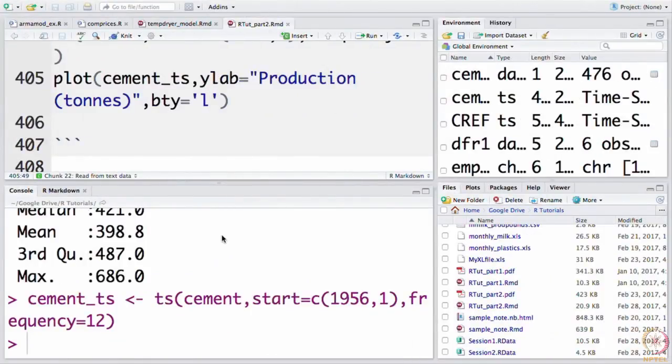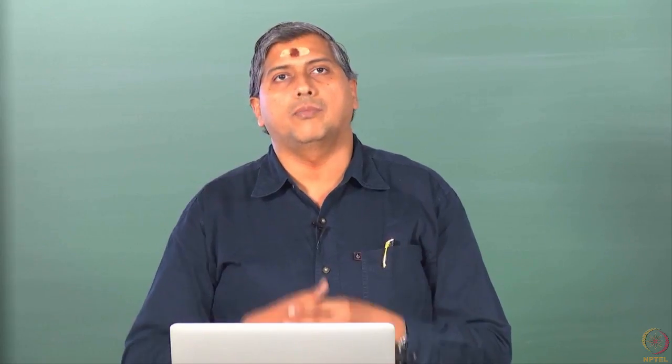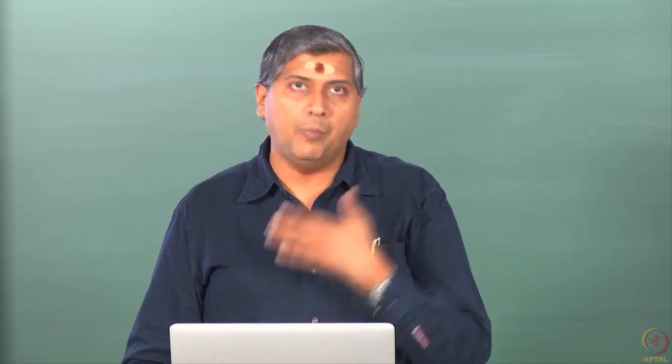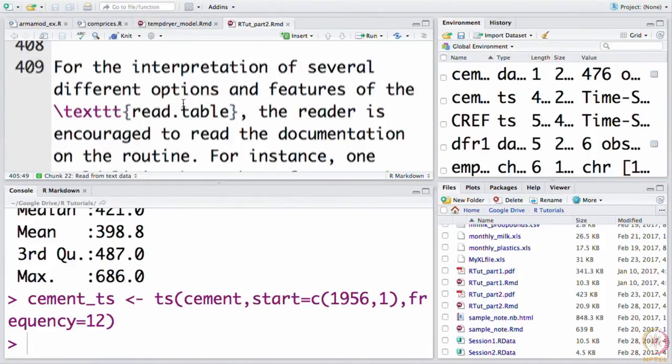That is it. So, reading from a CSV file is very easy, and as I said earlier, please do look at the different options that are available in read.table, because a lot of these options should be known a priori, or maybe they are useful in a particular context that you are looking at, or for a particular application. Maybe your text file has been formatted in that way. So, please do check those options and some of the other examples that are available either in the help or elsewhere on the web. Let us move on to the final part of this tutorial, where we learn now how